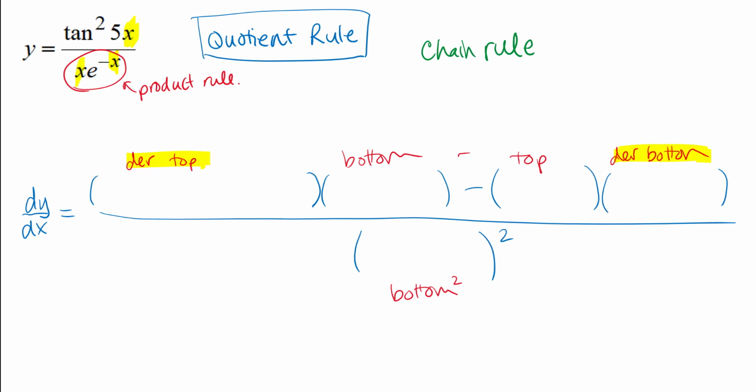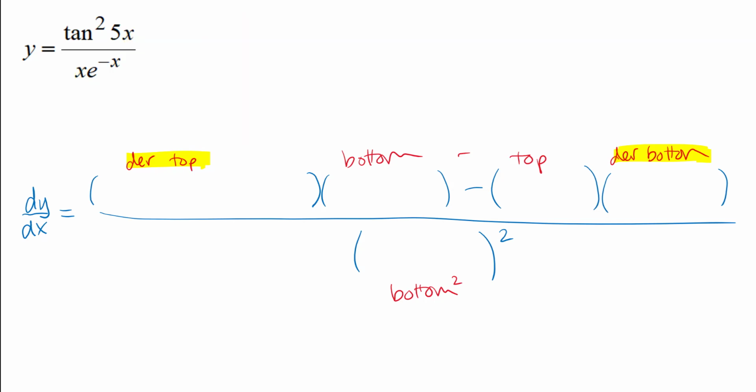All right, so I want to look a little bit more at the original function. I'm going to erase some of this scribbling I did on the original function so we can write on it a little bit more. Okay, so when I look at this original function and I think about taking the derivative of the top and the derivative of the bottom, and what we're going to need to do as we do that to fill in our quotient rule down here. On the top, I notice that I have this squaring of a tangent function,